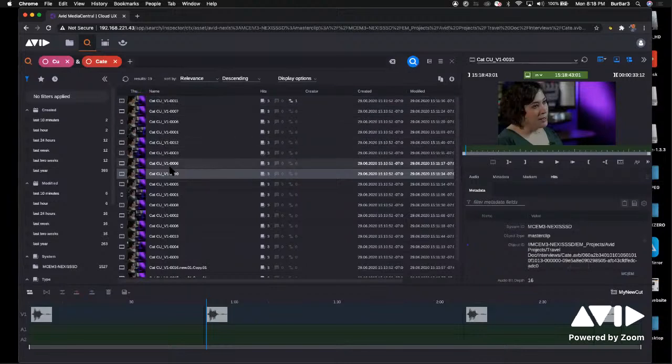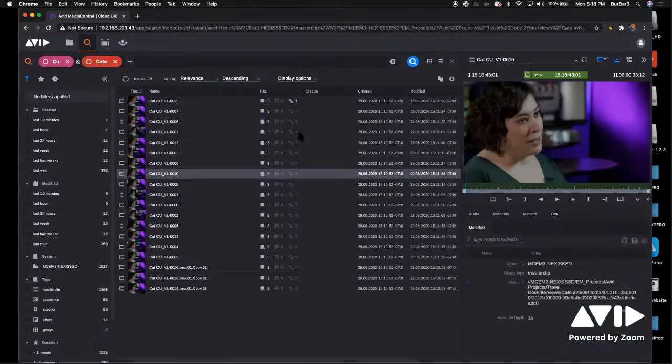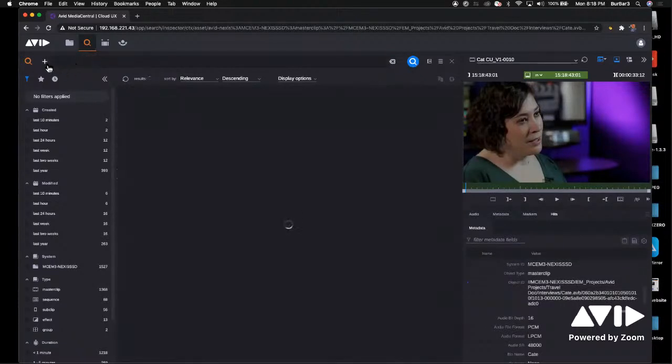Now, what's even more powerful besides metadata is being able to search using phonetic searching. If you know Media Composer, you may have heard of Phrase Find. And Phrase Find lets you search phonetically through your project to find clips. Now, the power of that is now in Media Central Editorial Management, where I can do a phonetic search across